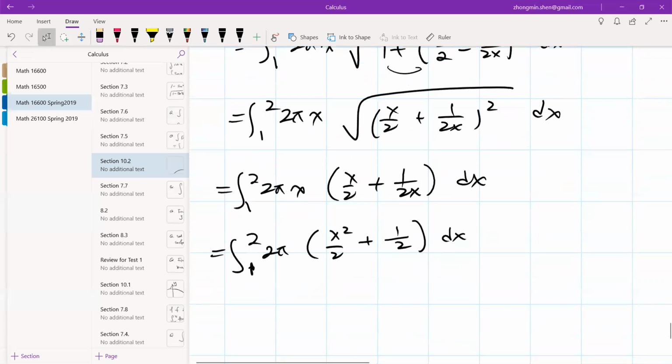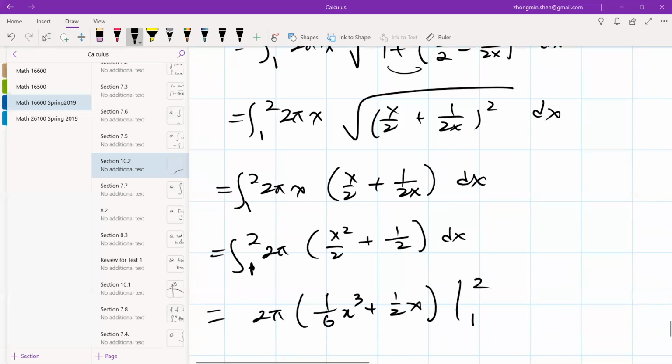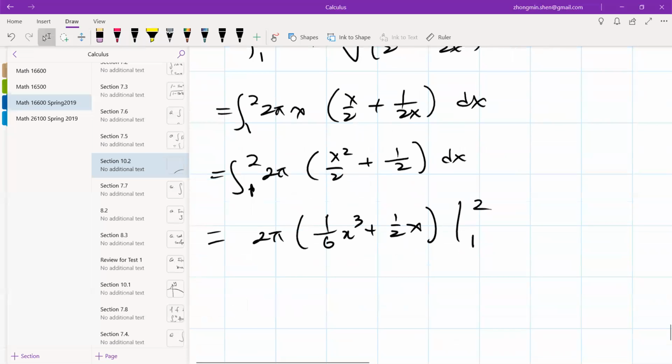Then you find the antiderivative. You get, what is that? 1 over 6 x cubed plus half of x. Once it's the antiderivative, I shouldn't put the integral there. It's from 1 to 2. So the rest of that,